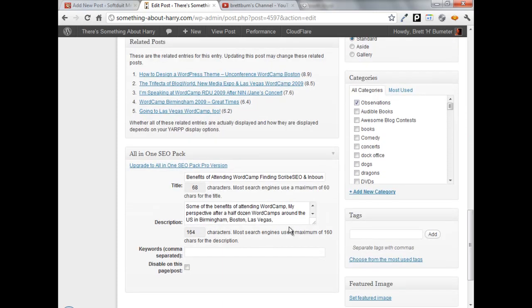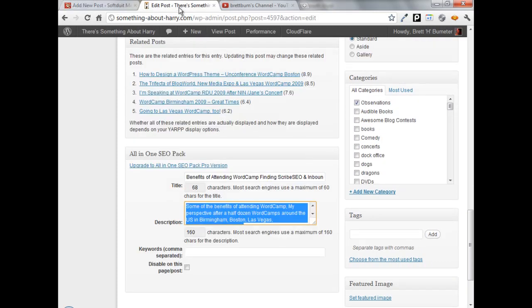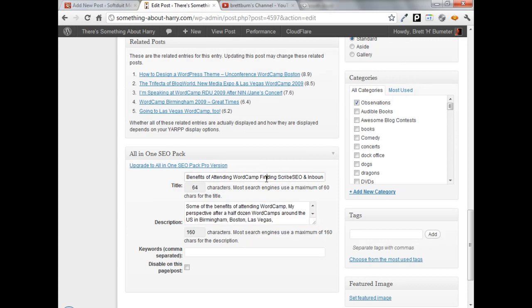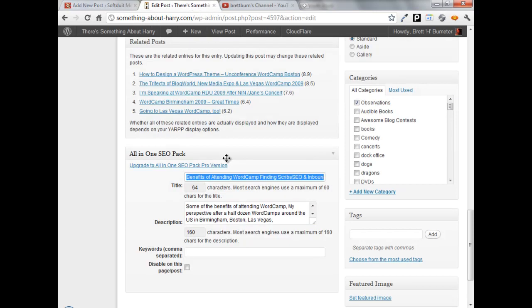I use one to try to get the writing up to par for my actual readers. Then I do some tuning in ScribeSEO to make sure that I have readers so that they can actually find the thing. And then I go back and use InboundWriter again to make sure that after I did my SEO work, I didn't make the thing unreadable, which I'm sure many of you have probably seen scenarios where somebody's created some document,